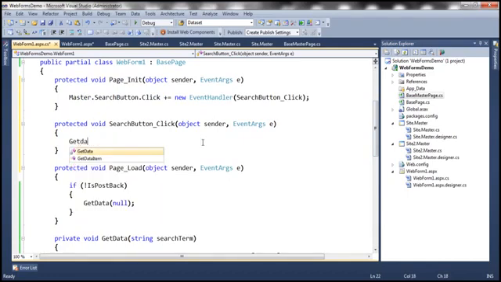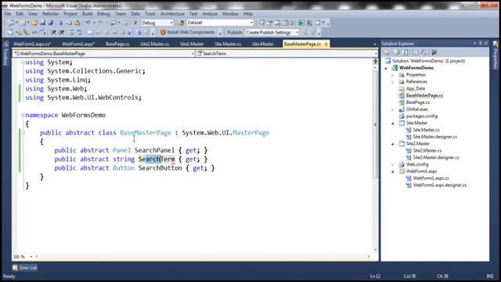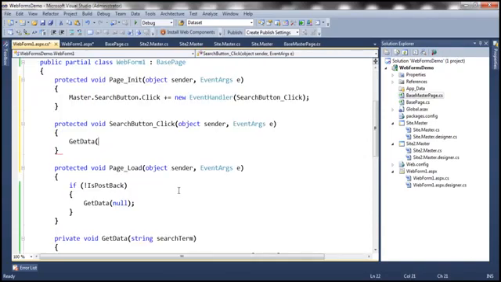So let's invoke this get data method and then pass the search term. Again, where are we going to get the search term from? Our base master page class. So there is this property search term. So get data master dot search term should give us that. Alright,